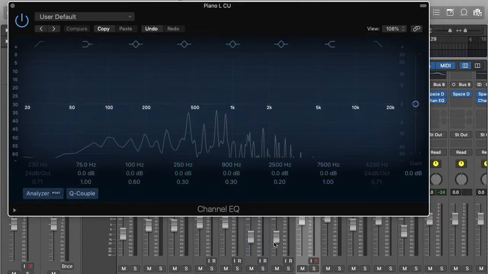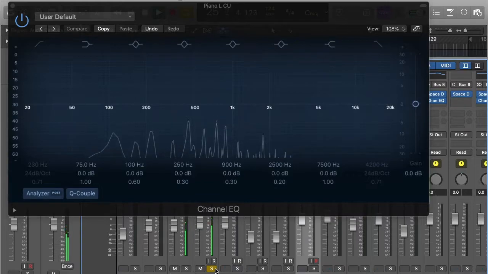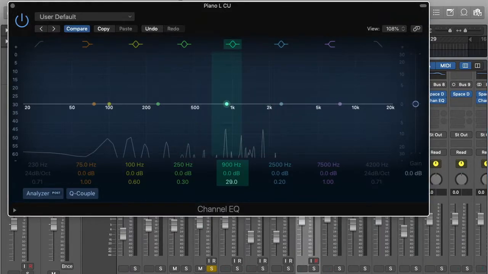I'll solo the piano so we can really see what it's doing. So that's showing me all the frequencies that are playing when the piano is playing. This means I can figure out what sounds are intrusive in the way. You can see that around here and there are quite spiking. The other thing that's good about the parametric EQ is if I were to grab this and boost it like that,